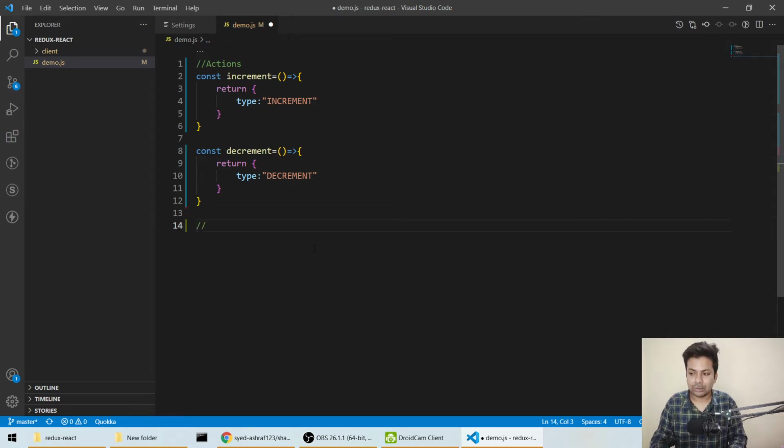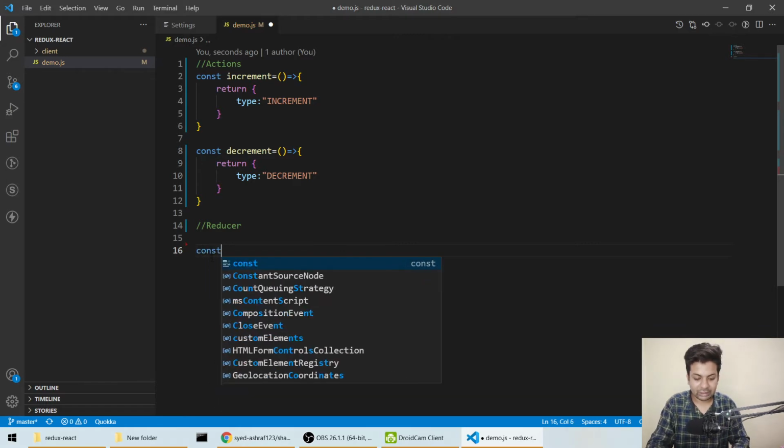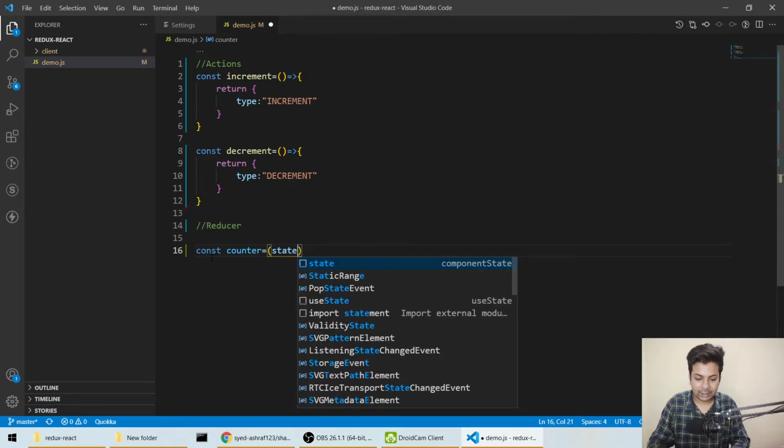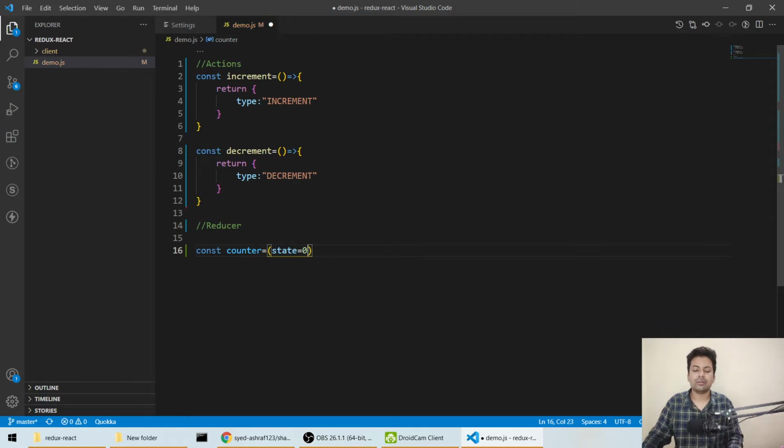After actions, I'm calling an action, okay, do an increment. The increment, or whatever I want to do, will be done in the reducer, the function part, what I want to do. So the increment logic will be written in the reducer. In the reducer we'll make a function, const counter, and it will take state and action. State is the starting value of any data.